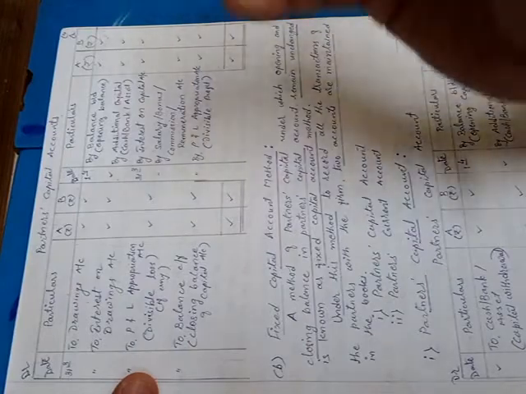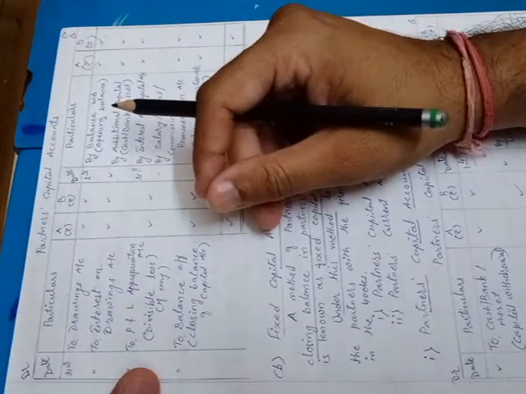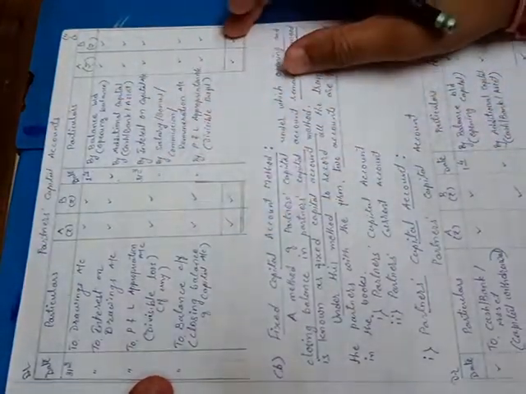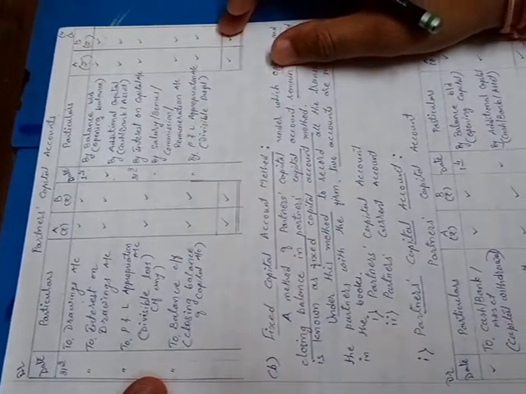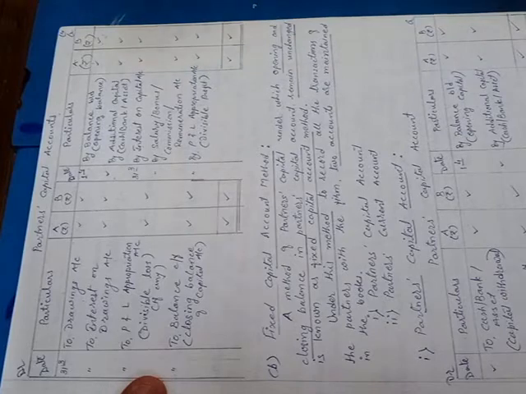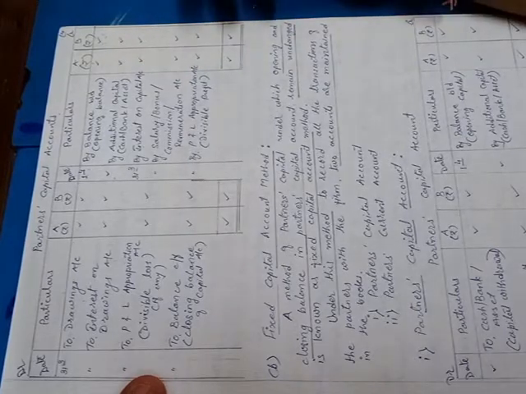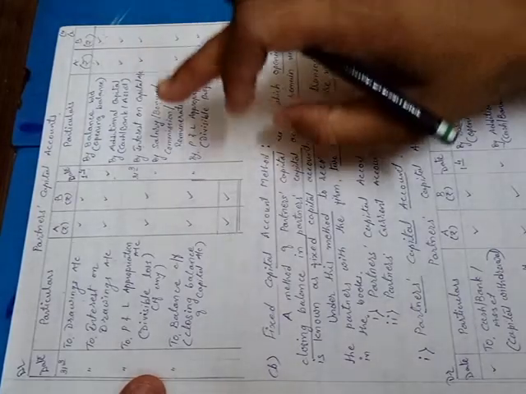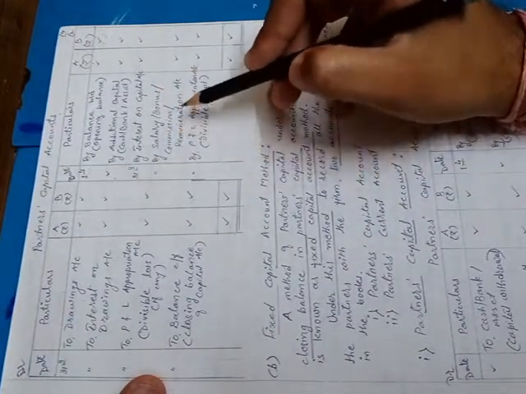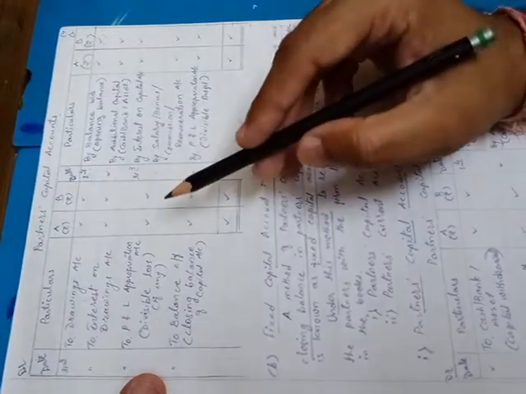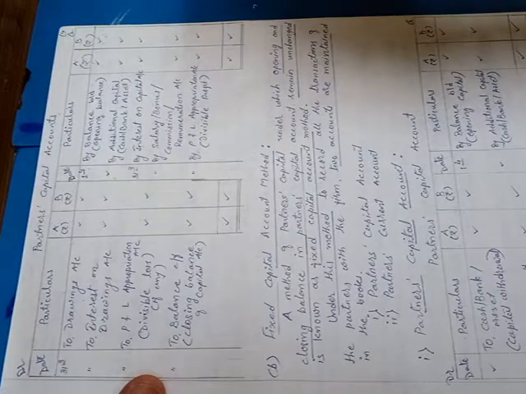Then comes salary, commission, bonus or remuneration payable to a partner. If any partner is working actively in the business, then that partner is entitled to get salary or bonus or remuneration or commission. So if it is to be paid to any partner, this is related to the partner, not related to any employee. Okay, so if any salary or bonus or commission or remuneration is payable to partner, then for the firm it is an expenditure. So expenses are always debited.